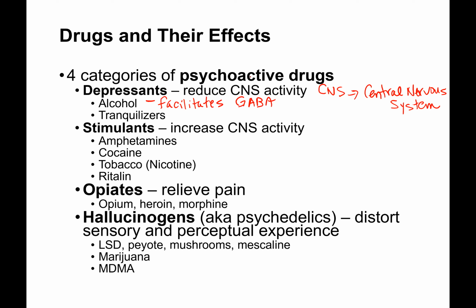Remember the GABA neurotransmitter, the major inhibitory neurotransmitter? Well, it facilitates the effect of GABA neurotransmission. So basically what it does is it increases GABA neurotransmission. All right, so by releasing more GABA neurotransmitters into the system, we're in a sense reducing electrical activity in the nervous system. Okay, so that's what alcohol does, right? Oh, and by the way, all drugs